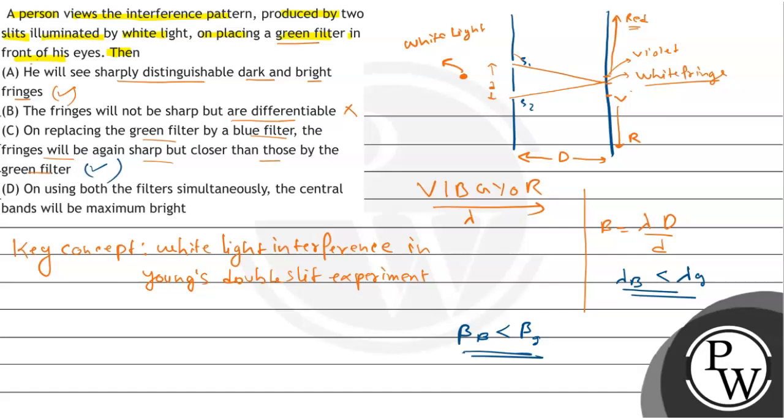Now option D saying on using both the filters simultaneously, the central band will be maximum bright. तो ये हमारा गलत हो जाएगा क्योंकि हम जानते हैं कि जब हम कोई भी फिल्टर नहीं यूज करेंगे तभी सेंटर में ब्राइट फ्रिंज देखने को आएगा, that is white fringe when we are using a white light, right? So our option A and option C is correct, right? So hope you understand it. Best of